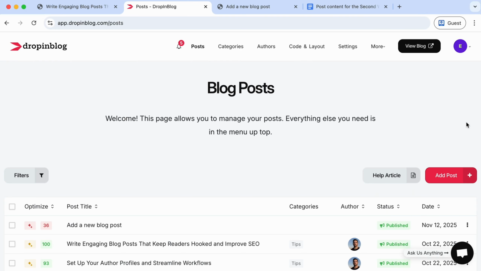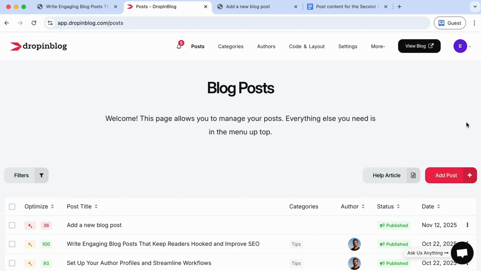Smart Snippets is another feature of Drop-in-Blog worth mentioning. This feature allows you to create a single piece of content and then reuse it across your blog pages. Let us give you an example use case for Smart Snippets. You can use Smart Snippets to grow your blog's readership. For that, you'll need to create a newsletter sign-up form, which you'll then add to a single or all of your blog posts. In this video, we'll show you how to add your form to all posts.